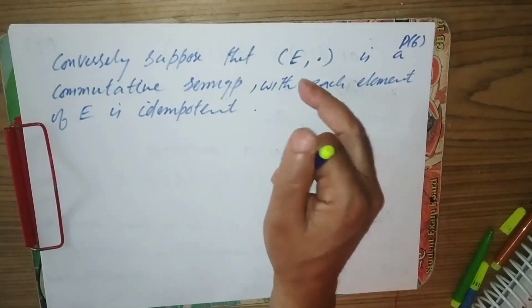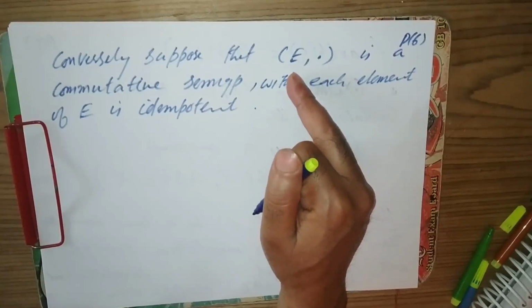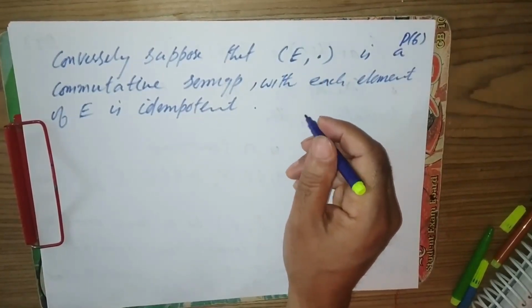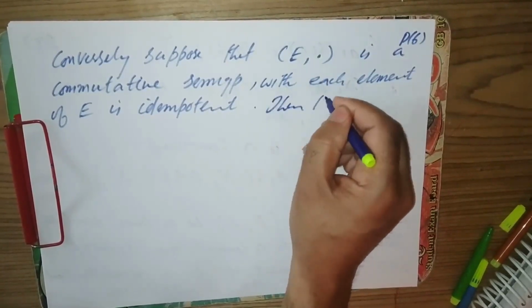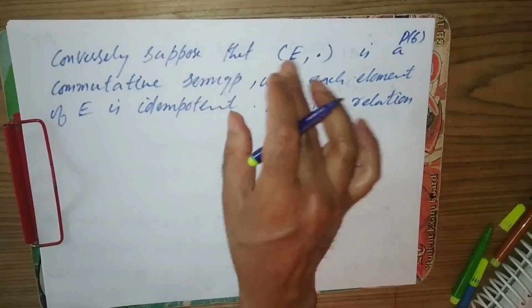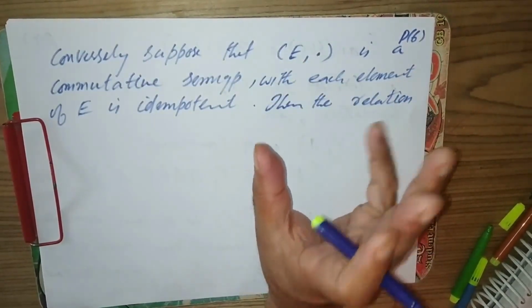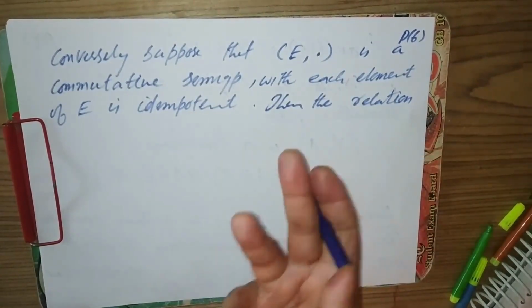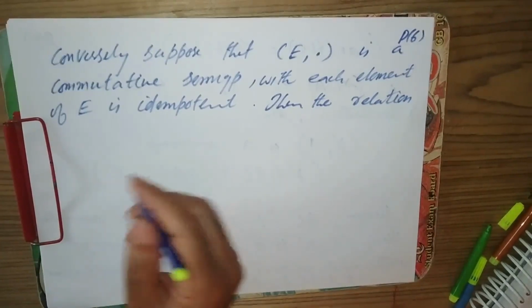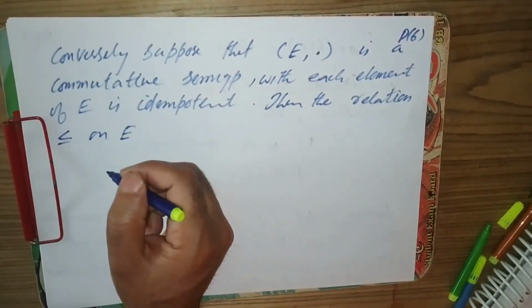Then we can define a relation on E such that the relation makes E a lower semilattice. It's just a commutative semigroup with each element of E idempotent, there is no relation on E. So now we can define the relation. So define the relation less or equal to on E, but